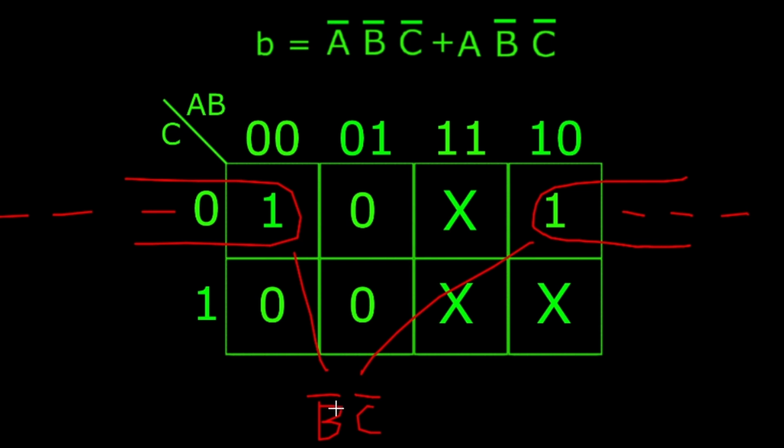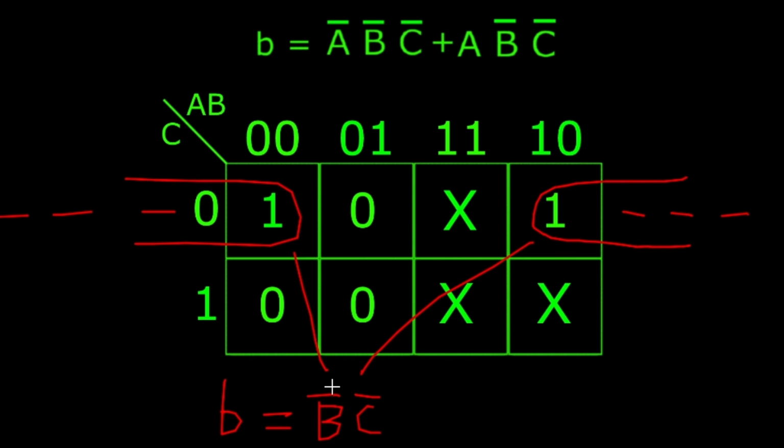And we can call this group B bar, C bar because in this case, both B and C are equal to 0 regardless of the value of A. And because we only needed one group to circle all of our 1s, we're actually done with this Kmap. And we can say that this expression up here is equal to this expression down here. So we're going to remember this expression down here for later, and we're going to move on to the Kmap